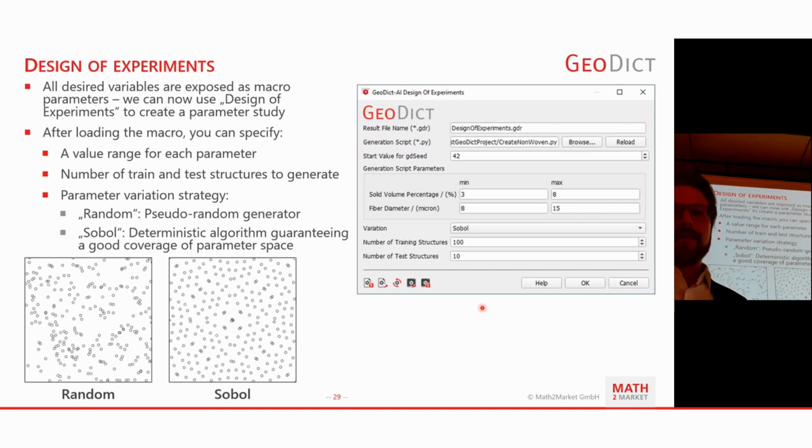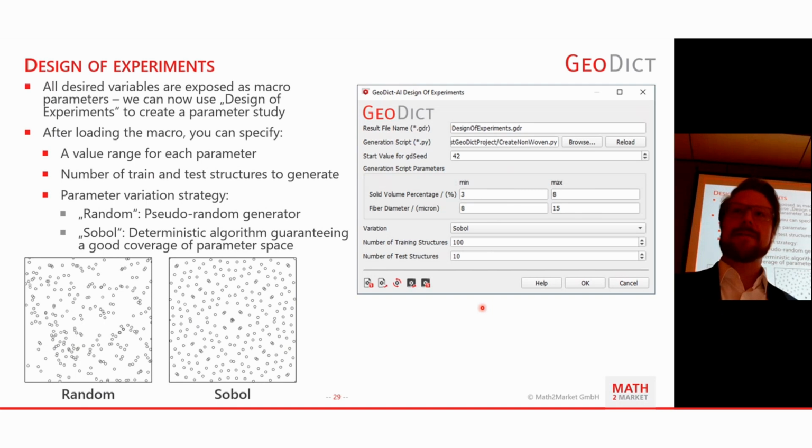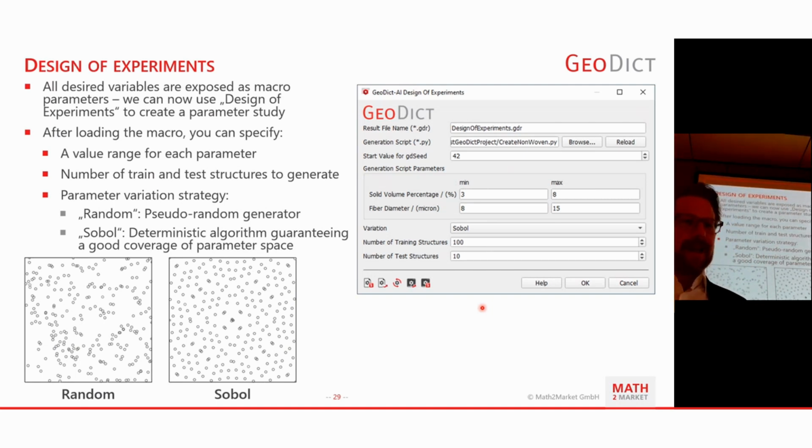So for very first tests, for really testing if something works, you can actually use a single structure for training. For testing, you can say have one training structure, one test structure, and just see what happens. I mean, everyone knows that for deep learning, you need a lot of samples, right?